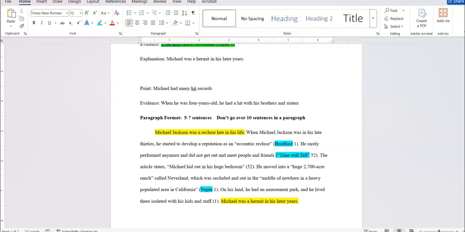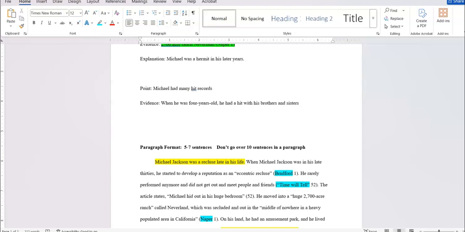Now, I would need to look up any more in-depth information. I don't know which one. I don't know the titles. I don't know the brothers and sisters' names, all of them that were in the group. But I've got to start. And again, he started recording at about 3 or 4 years old, all the way up to when he died. I can get many paragraphs out of that. But I know that my explanation, however many paragraphs I might have, is going to come back and tie back to my main topic sentence.